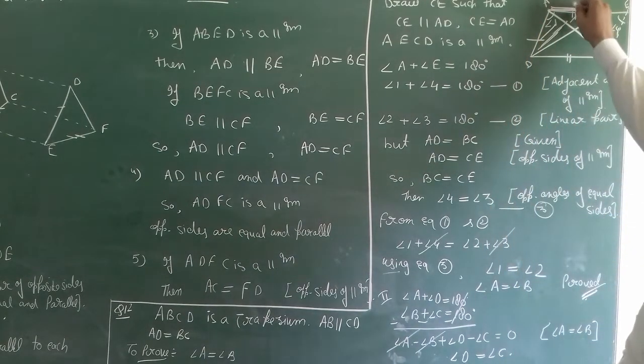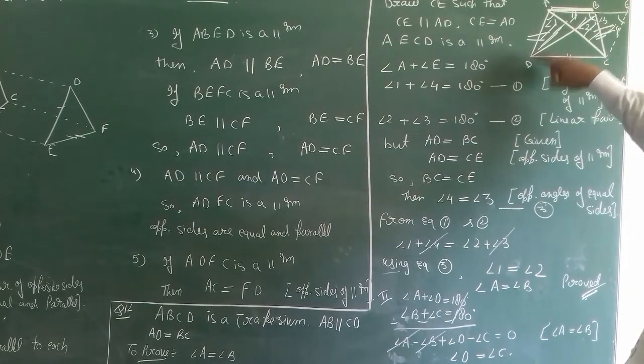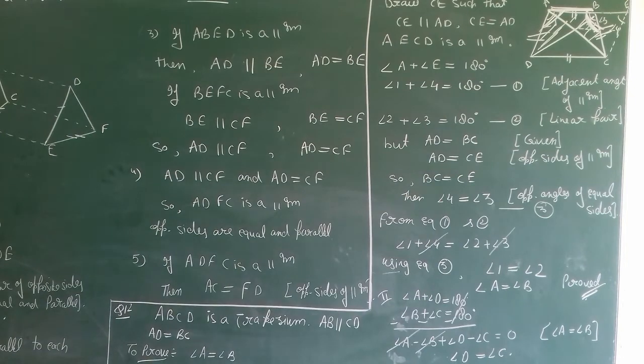is equal to BC. This line is common and AD is equal to BC, and this angle A is equal to angle B, right students? So the three parts are AB is common, AD is equal to BC and angle A is equal to angle B. So these two are side angle side and here side angle side. So by this property these two triangles are congruent to each other, right students?